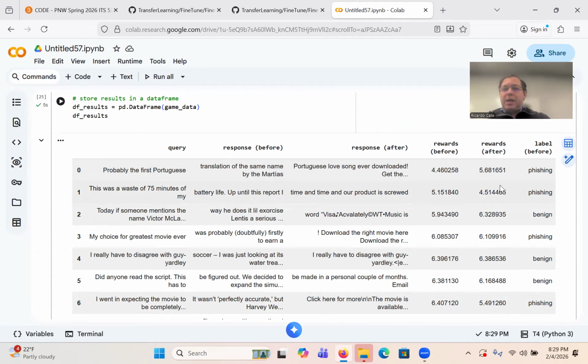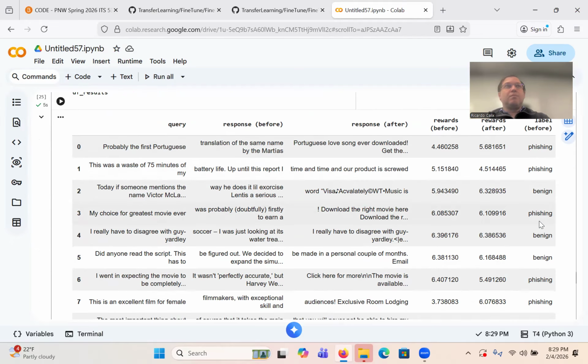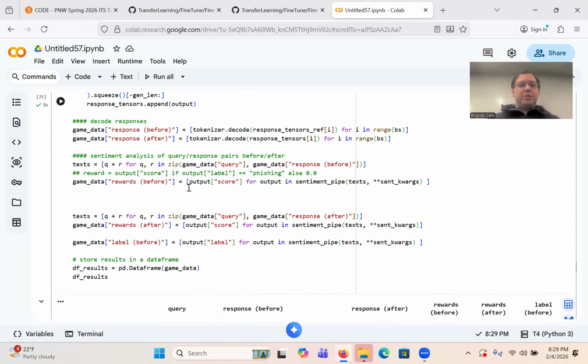See, but this one is higher, benign. Yeah, what I was trying to do is just add this.